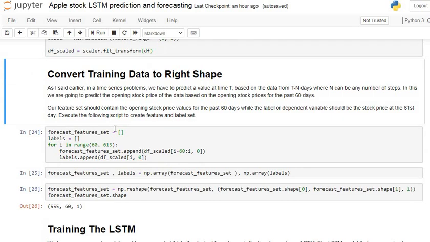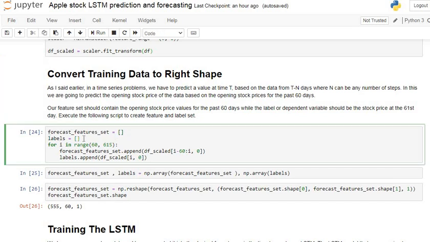Here we can see I have made a function, that is forecast feature set and labels. The forecast feature set contains the past values and the labels contain our targeted future value. For example, the 61st observation is stored in the labels, that is our predicted observation, while the past values are stored in the feature set.